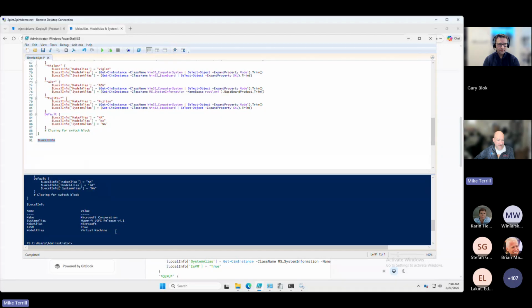Hit play, and it's going to give you everything that we see here for make, system alias, make alias, model alias, that kind of thing. We try to make it as easy as possible for you to get matches, so that you'll have just one step that says inject drivers, and it can handle all of your models that have this information